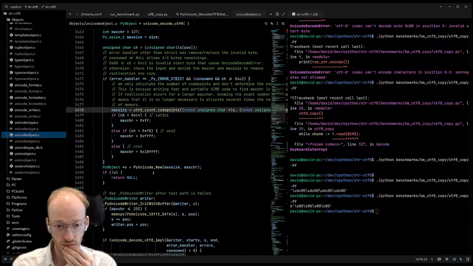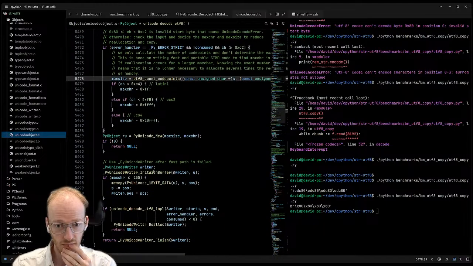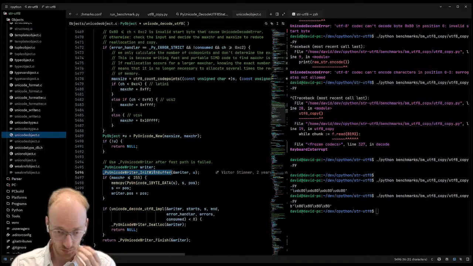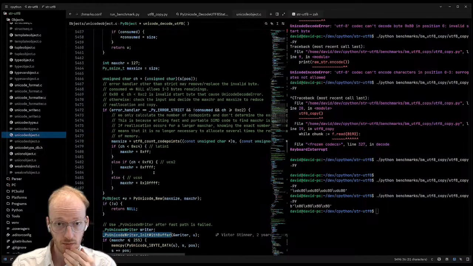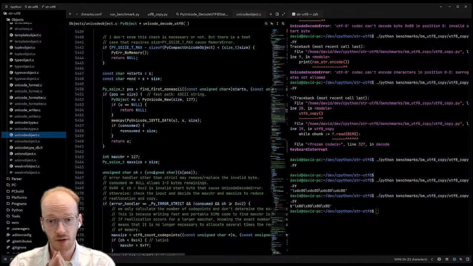If there is one, which is what this thing does. Here the common path would be the strict error handler. And the strict error handler is going to return an error. So we should probably special case both strict and surrogate escape.